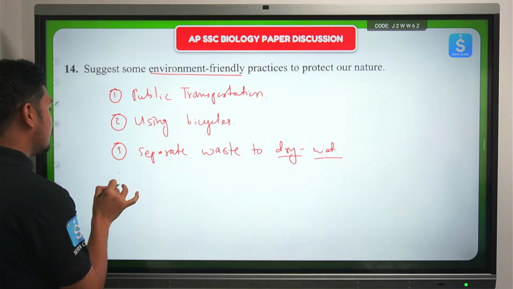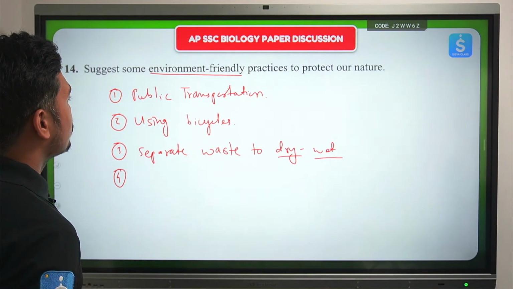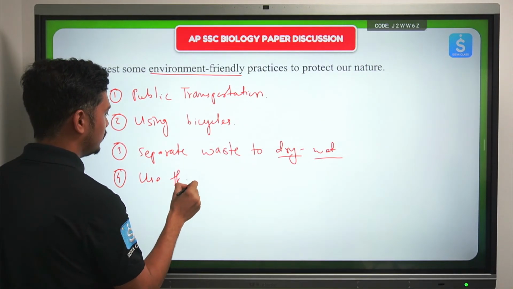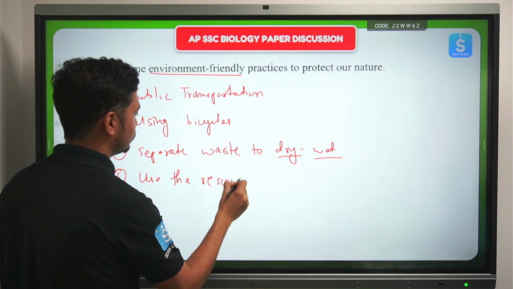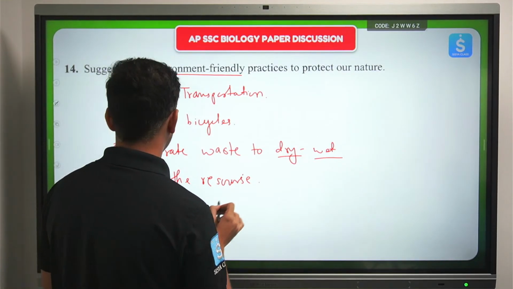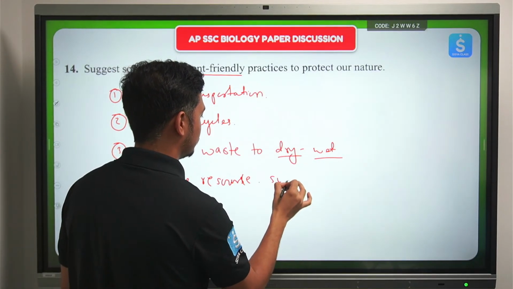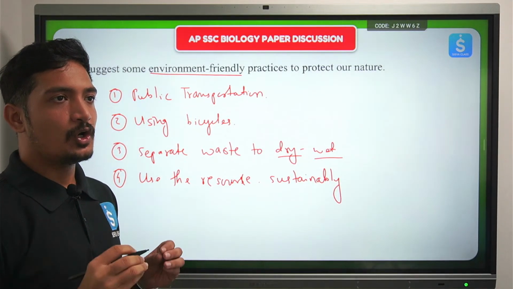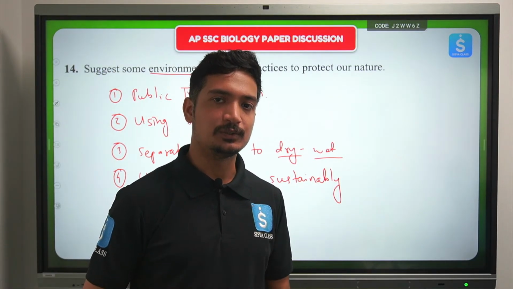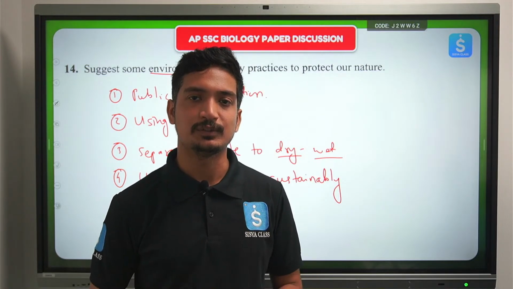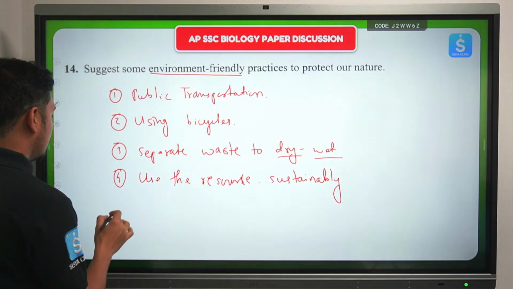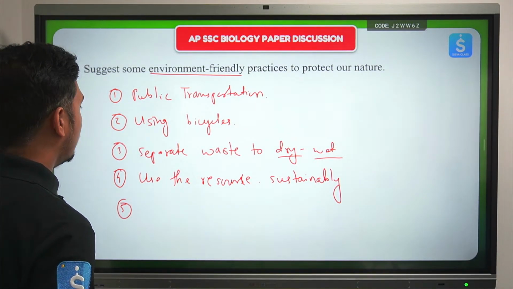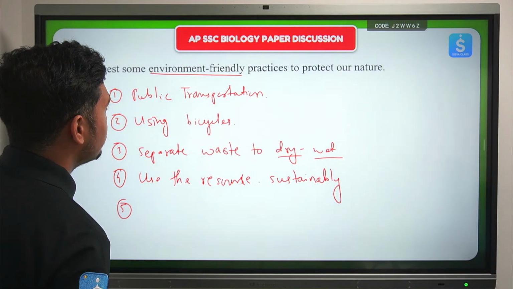Fourth, if we move ahead, I would say use the resources sustainably, as in we should always keep the thought of our future generation in mind while using the resources, so that our future generation might also get enough resources the way that we do. Then talking about the next point, writing 4 points is enough, I'm just writing 1 point extra over here. The next point can be having